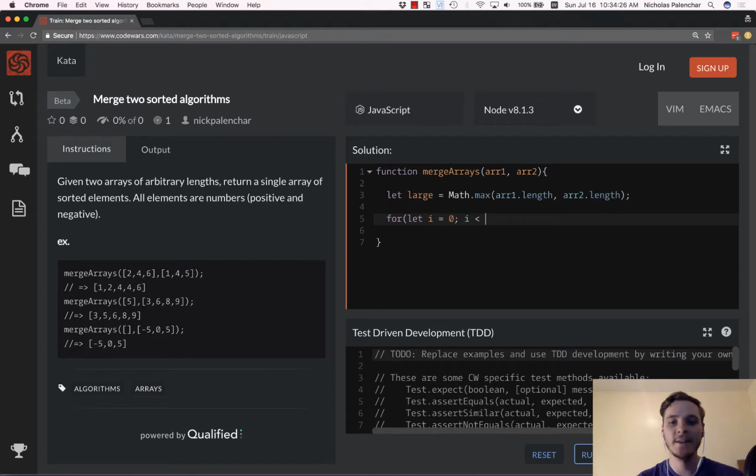And let's say I is less than large. We don't need to do dot length here since we've already done dot length up here. It just returns the actual number. So we compare it to that number representing the larger array length. And then we increment. And let's just say, if array 1 of I is less than array 2 of I,